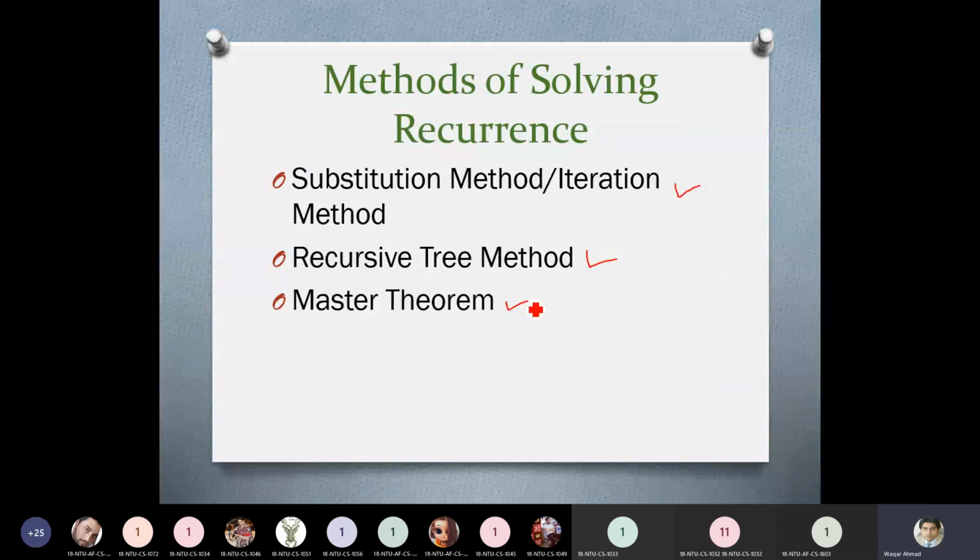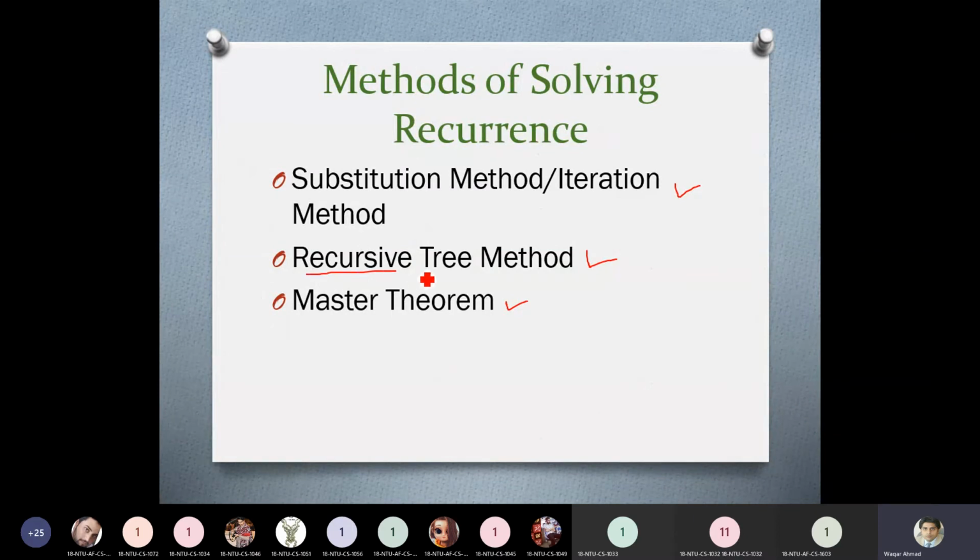The reason for having multiple methods is that many times one type of recursion cannot be solved with one method, so we have to use another method. Multiple methods also let us estimate the time of the recursion using one method and verify the time using another method, to check whether we have calculated the correct time or not. We will be covering these methods starting from this lecture onward.